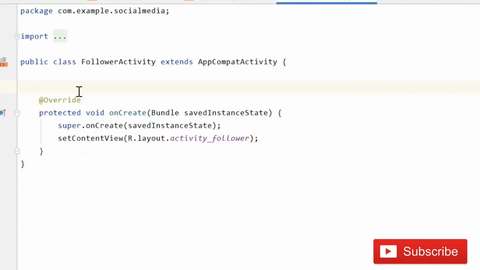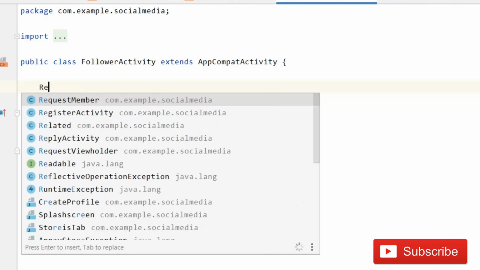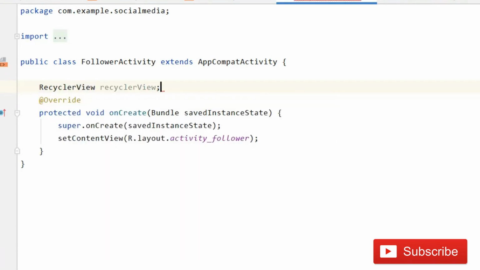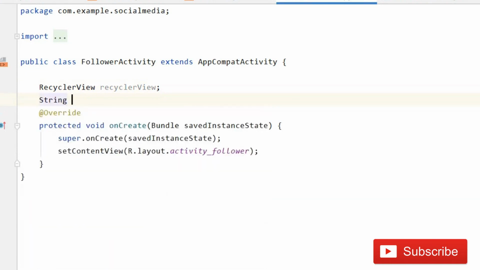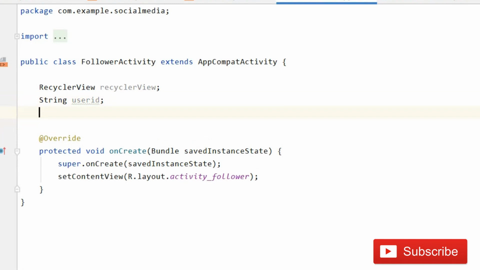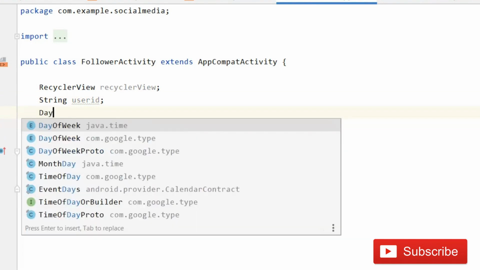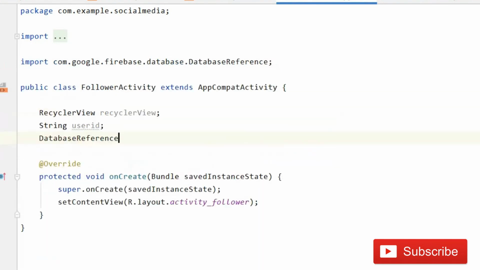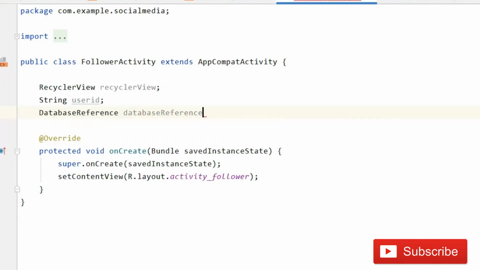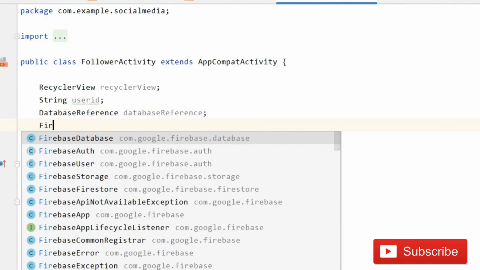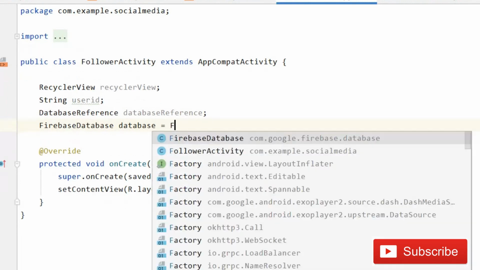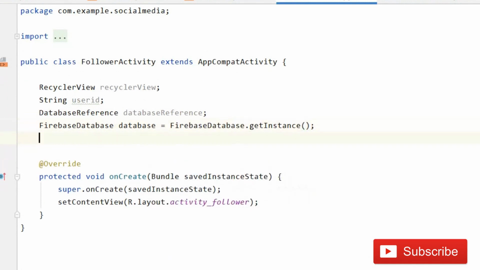So after this, guys, that will be a very easy part. We will do a very basic thing. First of all, declare recycler view, and then after this a string for user ID, because it is an intent. We are sending some data using intent. And after this, you have to write database reference, and then after this, Firebase database equals Firebase database dot get instance, and then semicolon.